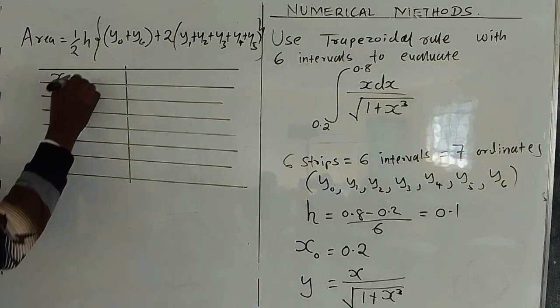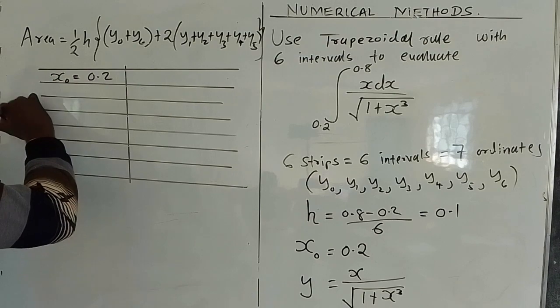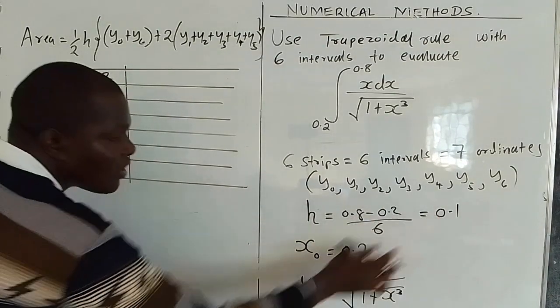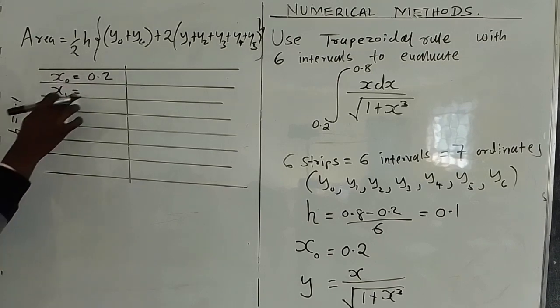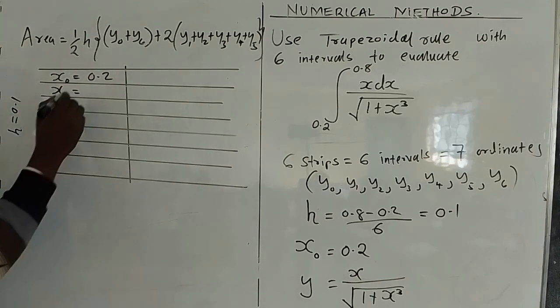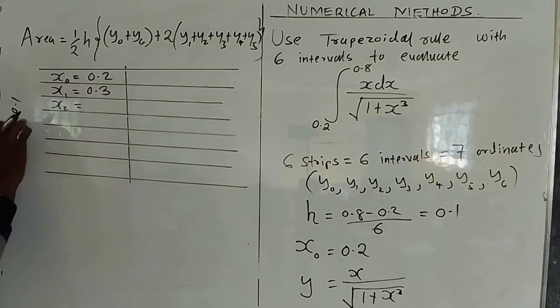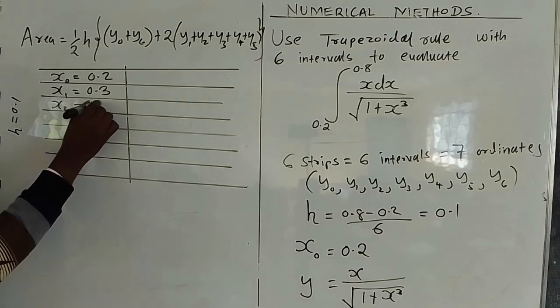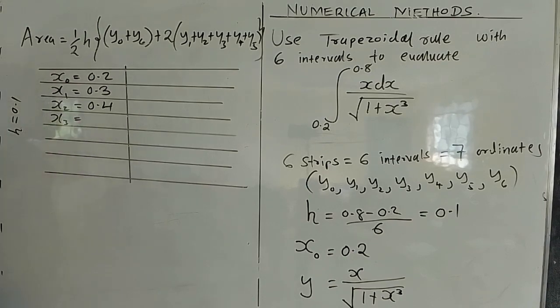Our x naught we found to be 0.2. Then our h we found to be 0.1. So for us to get x1, x naught plus h gives us x1, isn't it? Are we together? So what is x1? 0.3. Then you move to x2. x1 plus h gives us x2, isn't it? Which is 0.4. Then you move to x3. x2 plus h gives you x3, which is